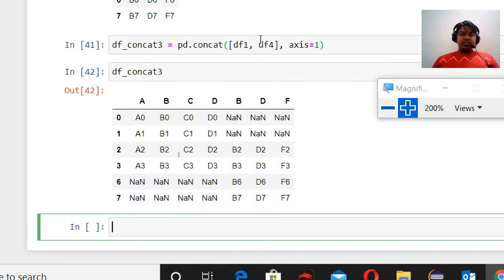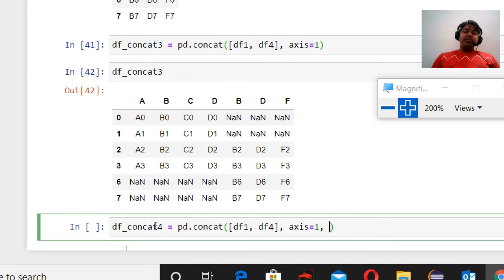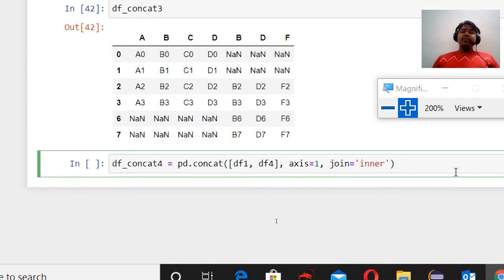Cool. So this was your concatenation, I must say row wise, or in the horizontal manner. Let's try one other thing also. pd.concat function, and again we are passing df1, df4, and we are passing axis equals 1, but we'll be giving an extra parameter called join, and inside it we are passing inner. I think some of the people must be familiar with SQL,